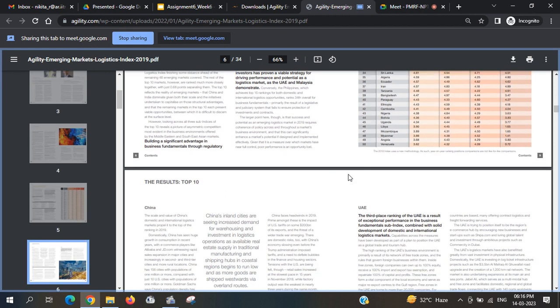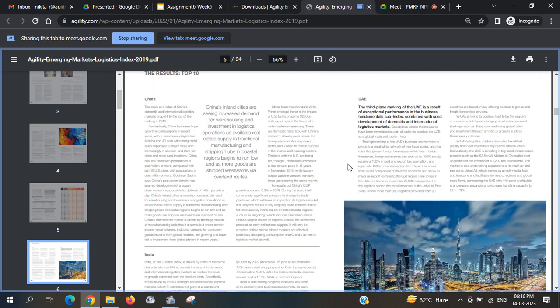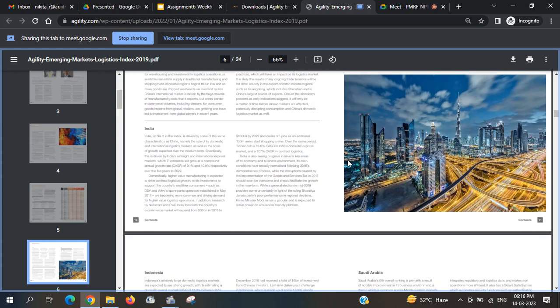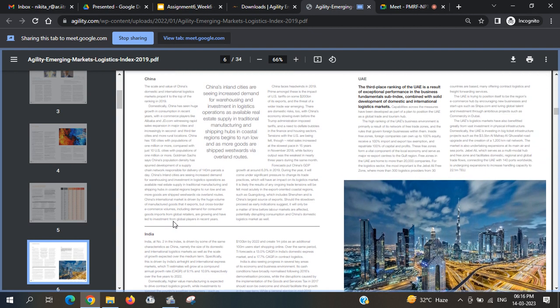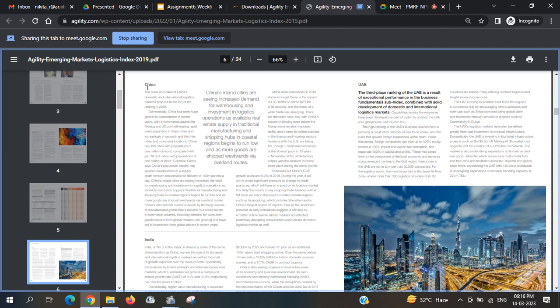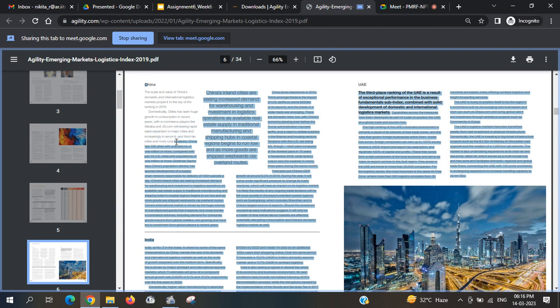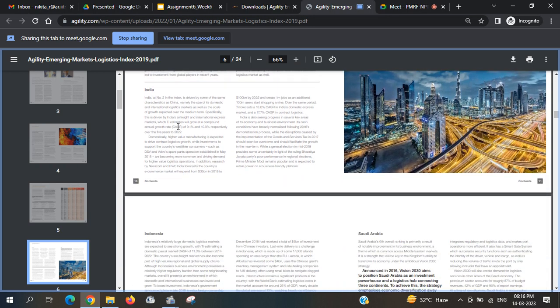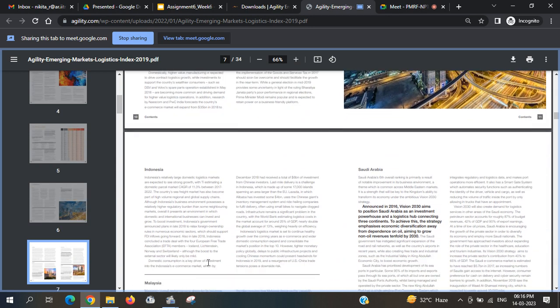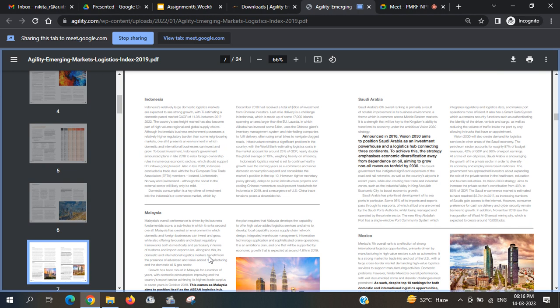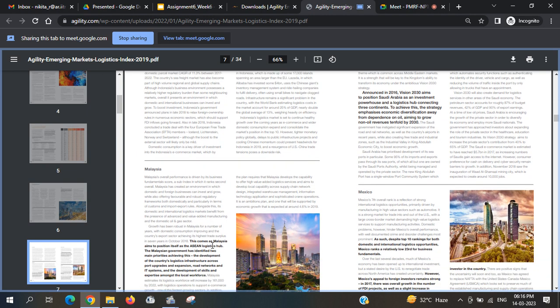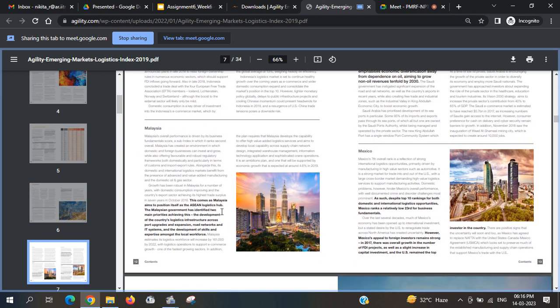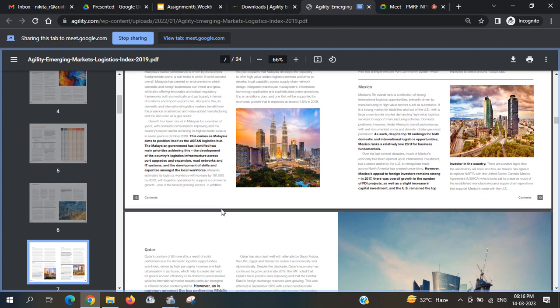From this you can get the details. If you want to read further of individual elements of the Agility index, that also can be read, and you can even read in a little bit detail about each country's profile,